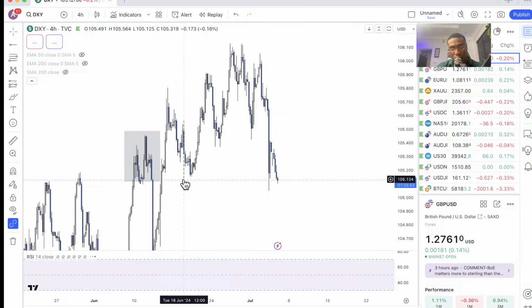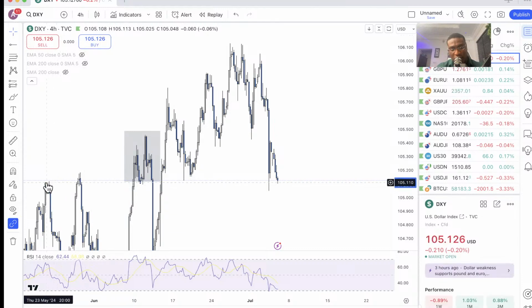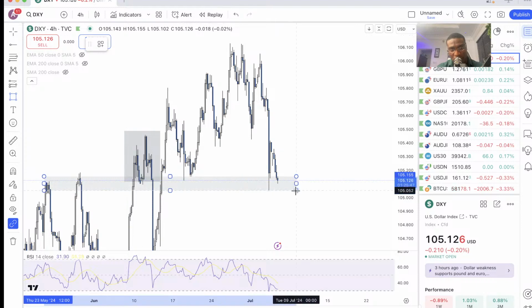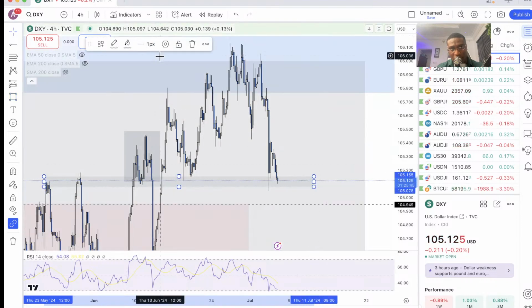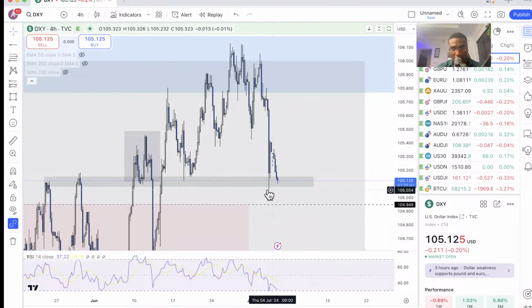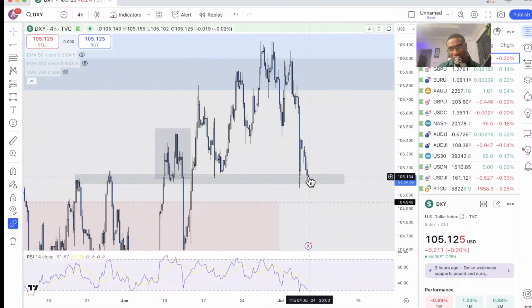Now, the reason why I told you guys that we're going to zoom in is because on the daily time frame, we may not really see all these key levels, right? So I'm going to go ahead and indicate this key level for you guys, and you'd see why we're getting a bit of a pause on the dollar index. Obviously, again, today is a holiday, so the markets are slowing down. The dollar market is a bit slow right now because of Independence Day, but we can also see that it's currently trading at a level that we can identify to be a key level.